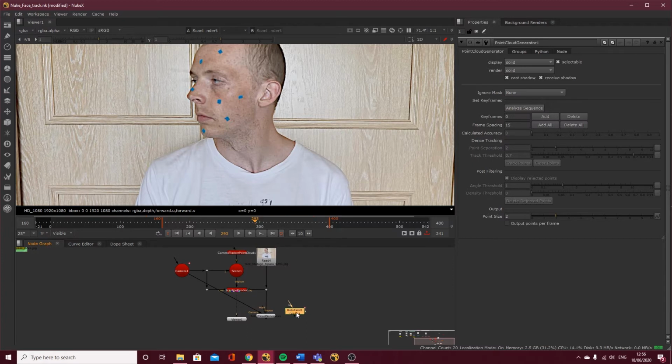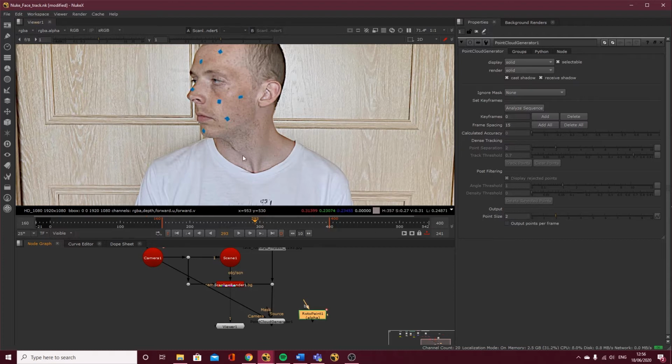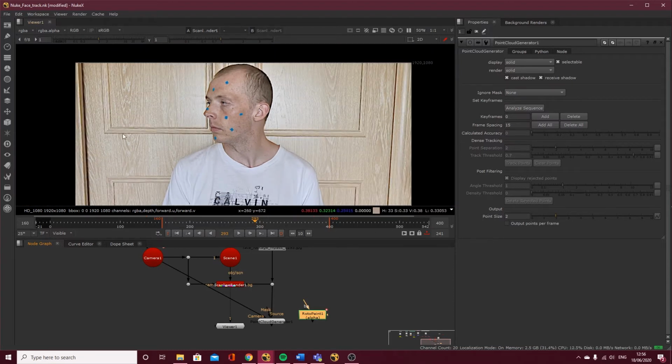This is why I said earlier that the more solid and close you can get it, the better. If we just go ahead and use this point cloud generator, it'll generate points for everywhere in the frame, and we don't need to see where these doors are in 3D space. So much like with the 3D tracker, we're just going to say, just concentrate within this area. On our mask input, we've hooked it up, and we just needed to click mask inverted alpha, and that'll do the trick.